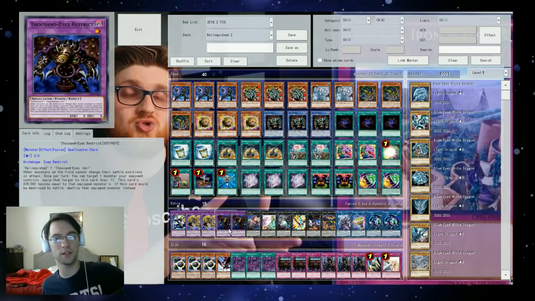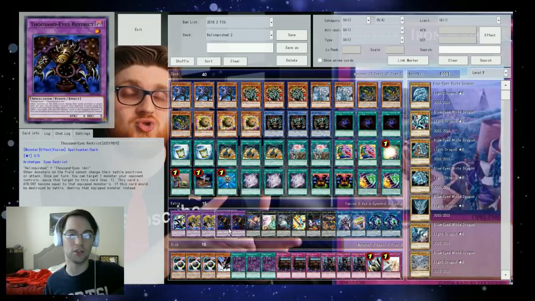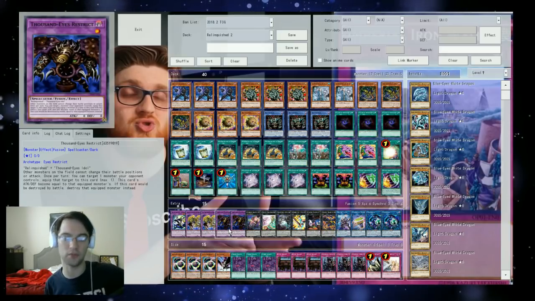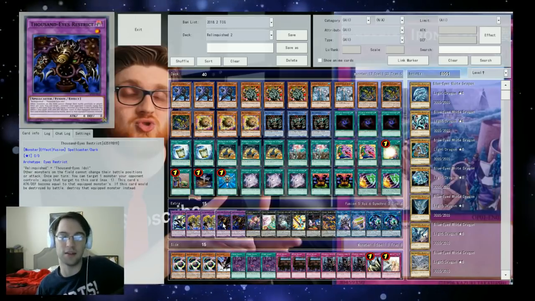And Thousand Eyes Restrict is the other fusion we are playing. Basically the idea is you play this thing with Instant Fusion, and just like Relinquished, you can actually force this thing, as an ignition effect, to suck something up. So its application is a little different. It's not a quick effect, unlike Millennium Eyes, but Millennium Eyes is reactive,